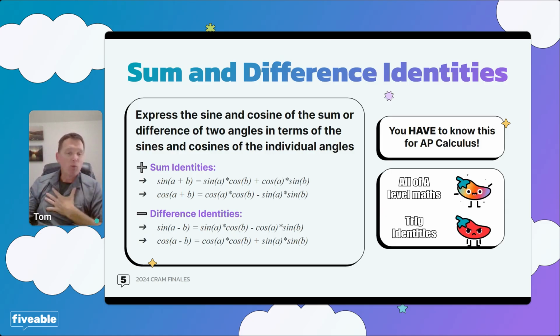And the very easy way that I've worked with my classes is this, and bear with me here. Sine stays the same. That means when you're working with the sine identity of either sum or difference, if it's a sum in the problem, it's a sum in the equivalent version. If it's a subtraction or a difference in the original problem, it's a difference or subtraction in the regular problem. So sine stays the same.